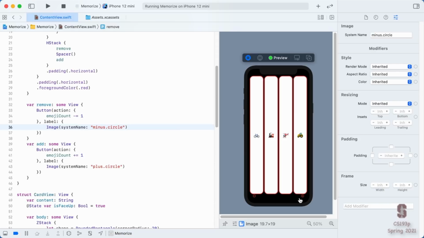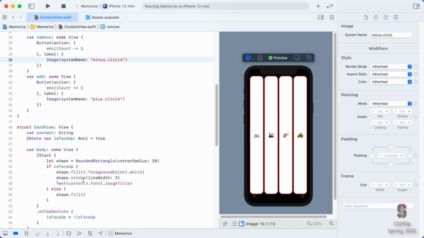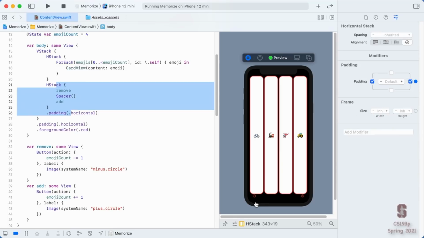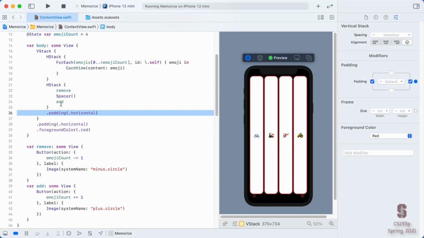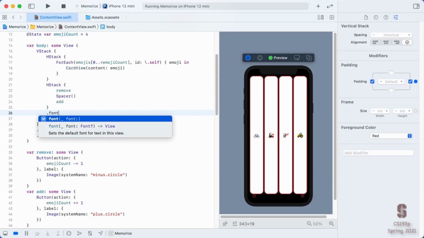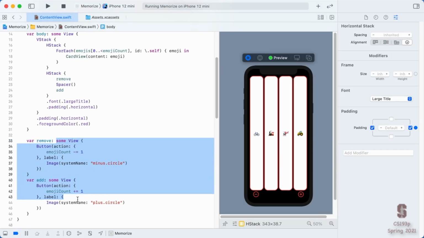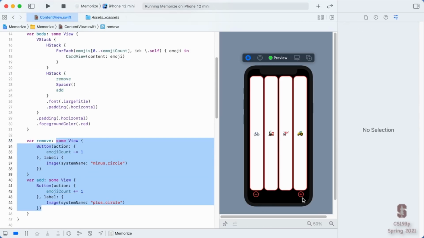A couple of things not quite right here. It's getting close. First of all, these things seem very, very small. We're already using large title here for the text on our buttons. We can do the exact same thing and use large title for this HStack of these two buttons. So just like same thing, I'm padding it here. I'm also going to say use the font large title, and that's going to filter down inside this HStack into all of these buttons, and they've all of a sudden become larger.